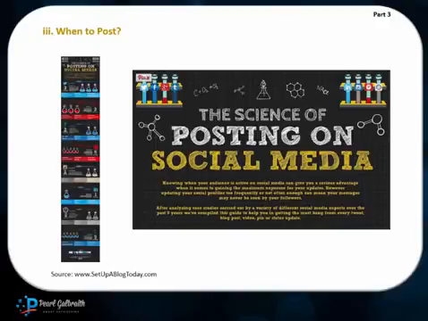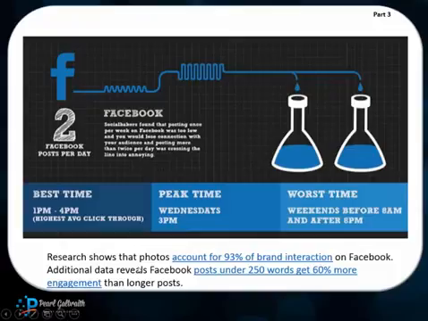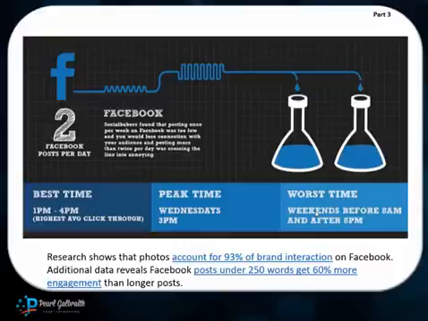So this science was done and analyzed by the site Set Up a Blog Today, and it's fantastic. It's going to go through every single site. If you said, yes, Facebook is where I'm going to start, take a look here. The best time, first of all, optimum to engage well with clients is 2 posts per day. And the best time to post is between 1 and 4 in the afternoon. The peak time happens to be Wednesday. The worst time to post is weekends, before 8 and after 8.